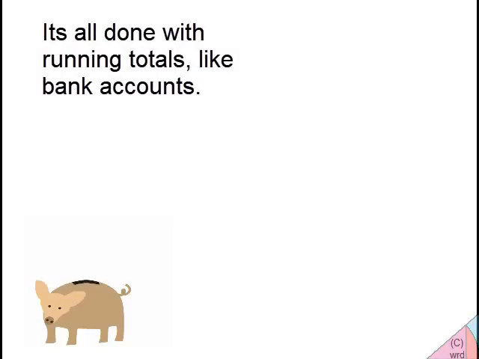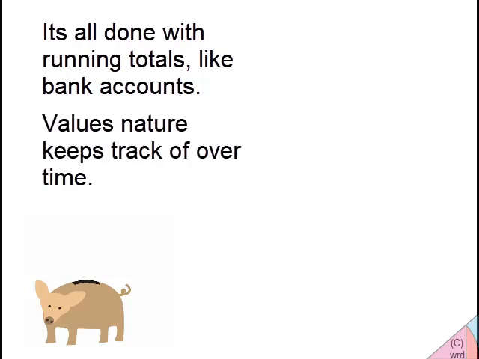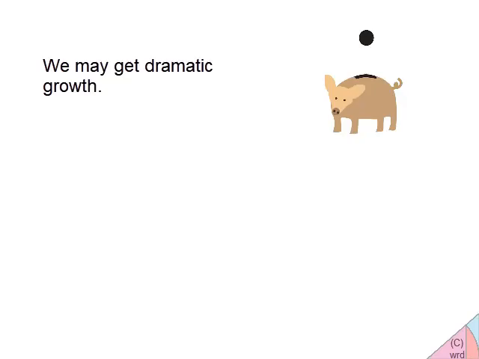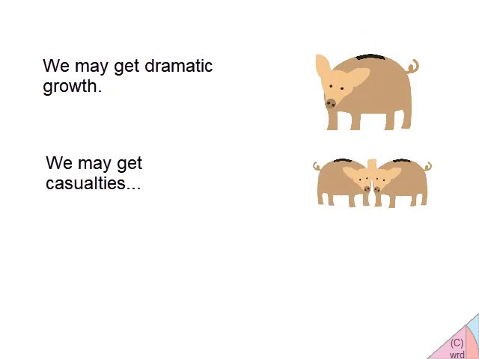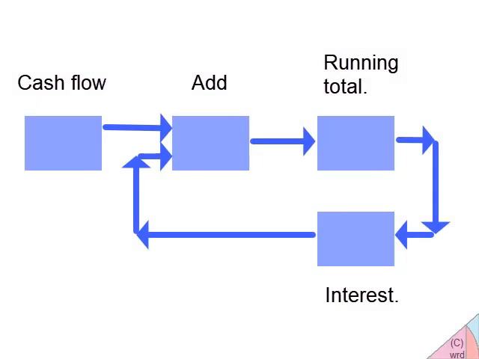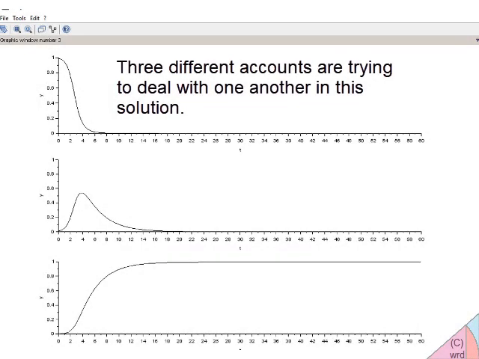At the heart of this software are running totals, values nature keeps track of over time. We will call them accounts as they behave like bank accounts. They grow, compete with one another, and decay. It is pure fun to watch. Between the accounts are bits of ordinary arithmetic to implement what is driving what. Solutions to problems are time graphs of what happens to the accounts as they are forced to respond to inputs